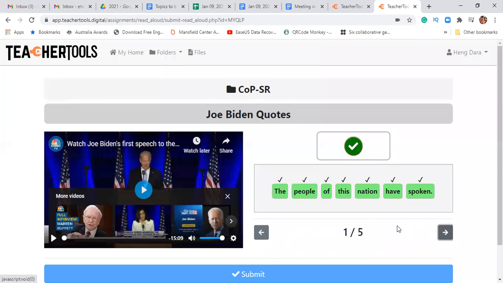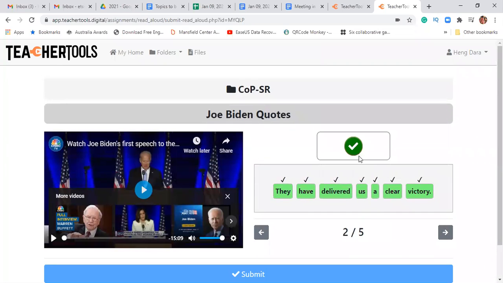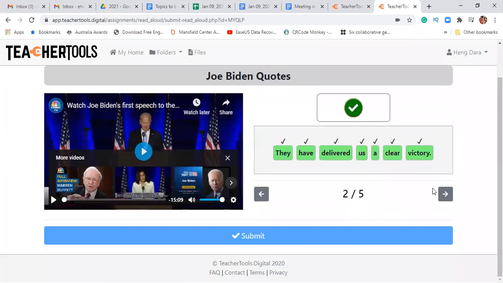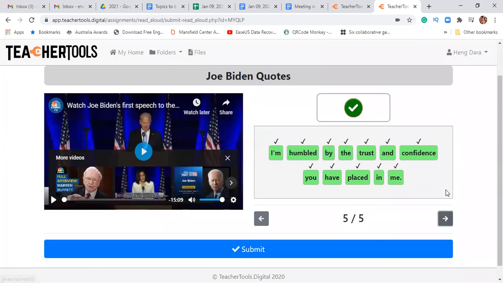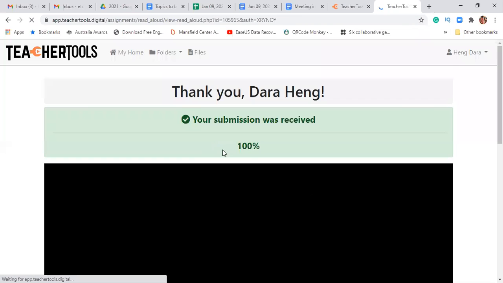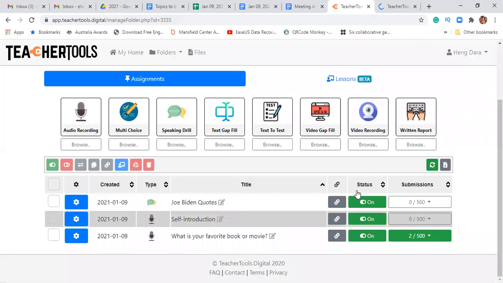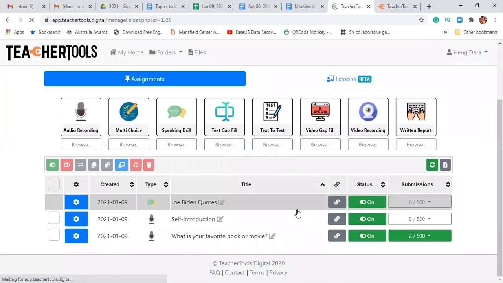So done, and I can click submit there. Doesn't work. Did I forget anything? Okay. And then the student will see the percentage, the score that they get. See, 100%. And as a teacher, you can go back and have a look at this folder, and in that